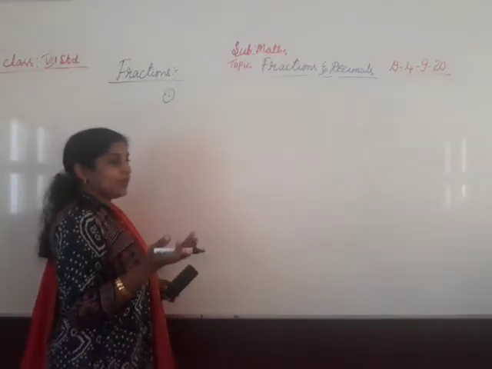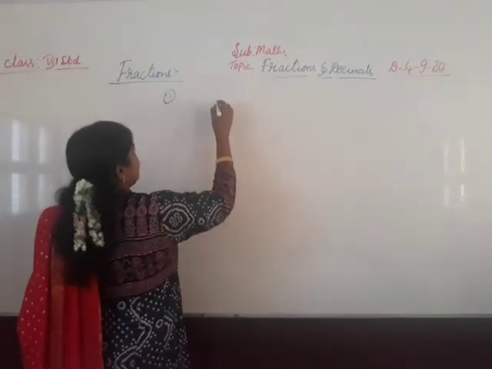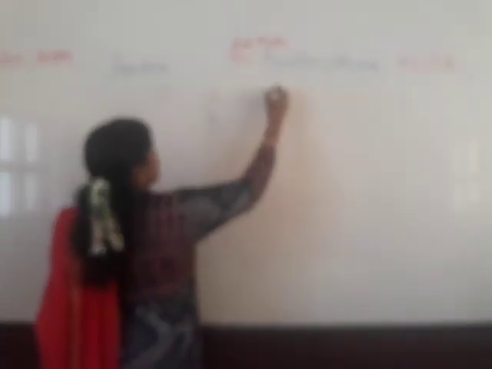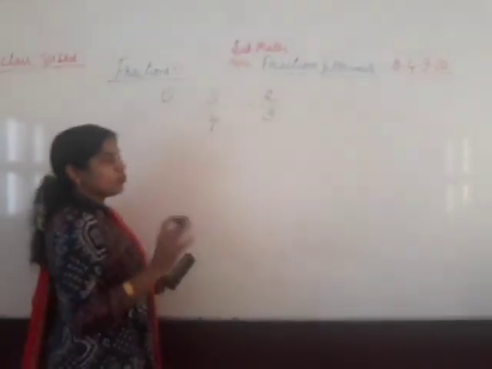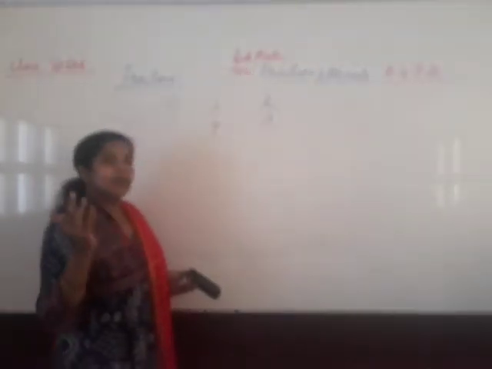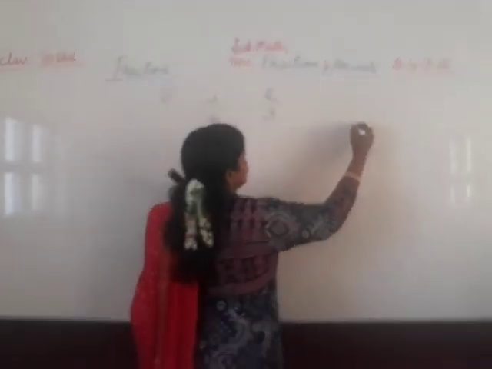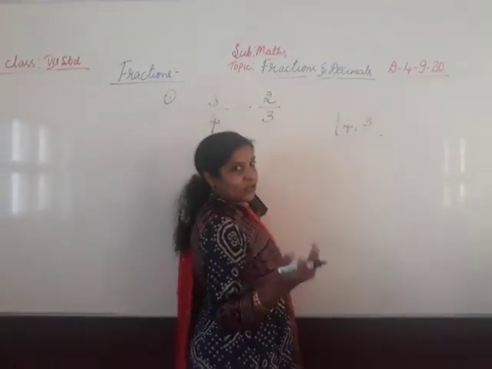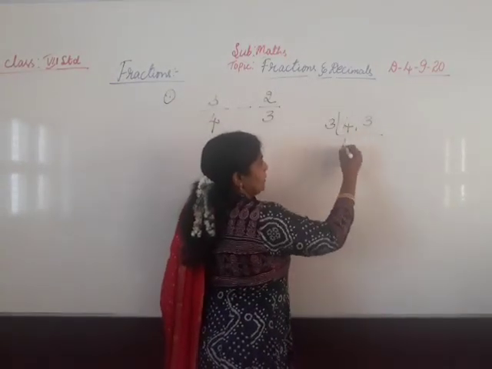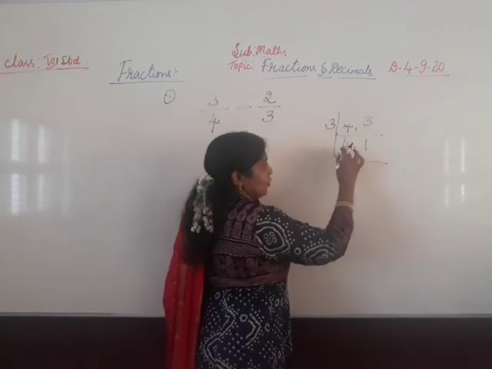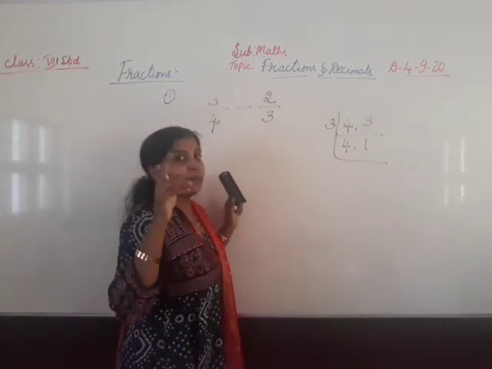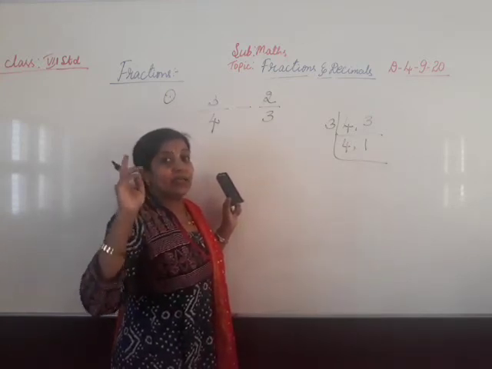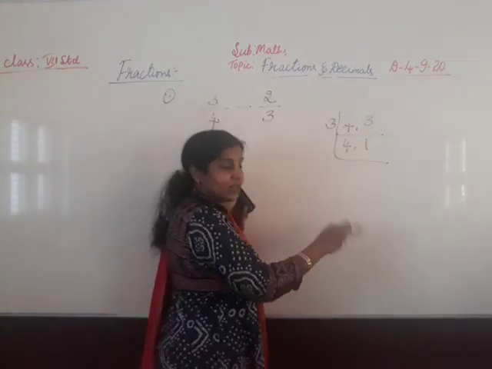Now, subtraction of fractions with different denominators: 3 by 4 minus 2 by 3. Here also, no numerators are common and no denominators are common. So we have to take the LCM of 4 and 3. Both numbers are not divisible by a common number, so write 4 and 3 as they are. Now, don't take 4; always we have to take prime numbers. You know about prime numbers: 2, 3, 5, 7, 11, 13, 17, 19, 23, like that.